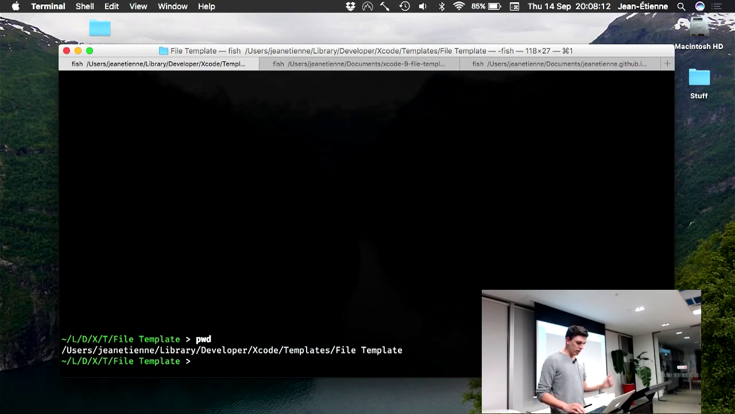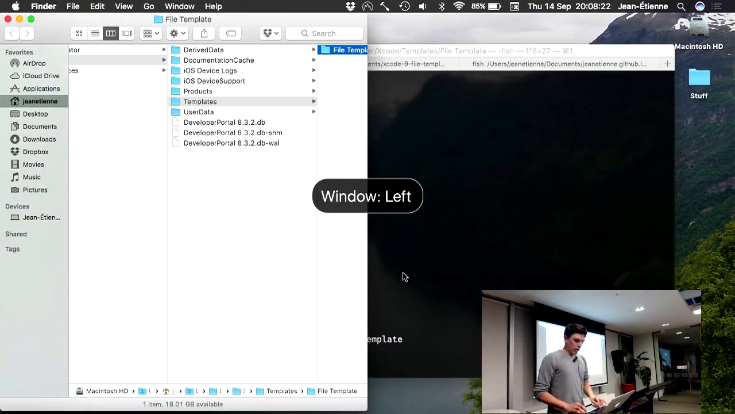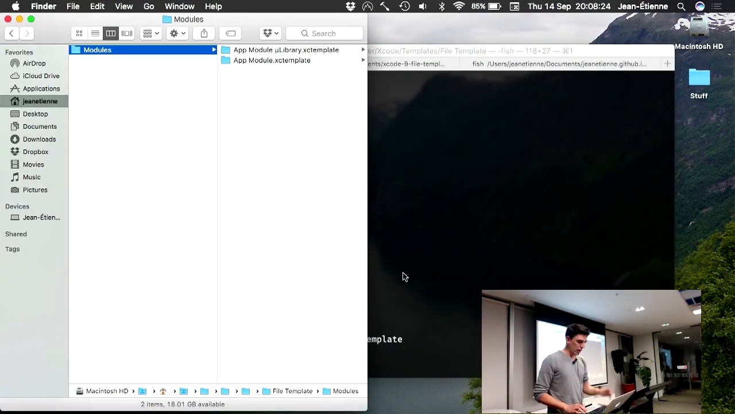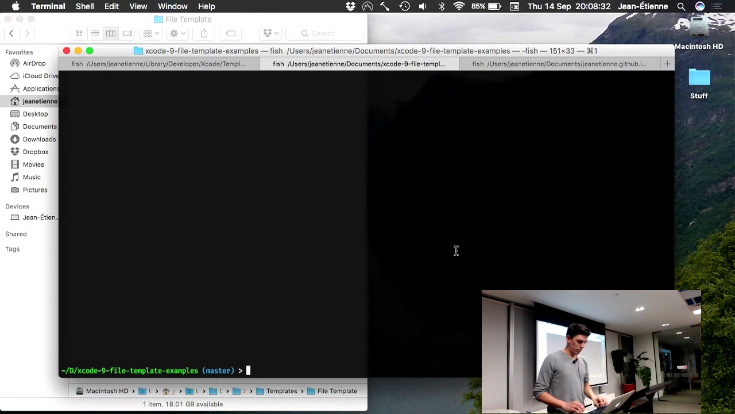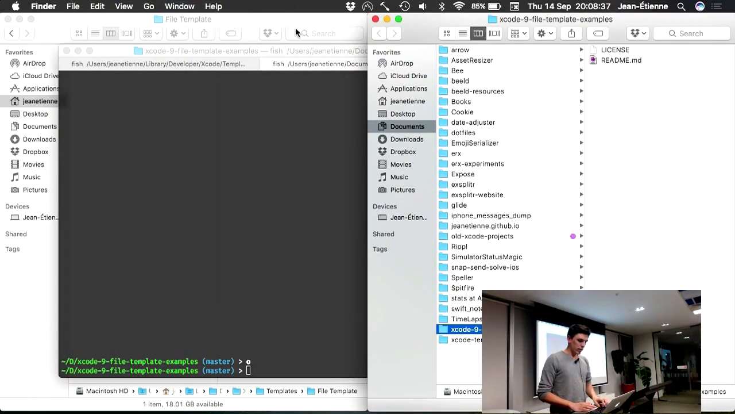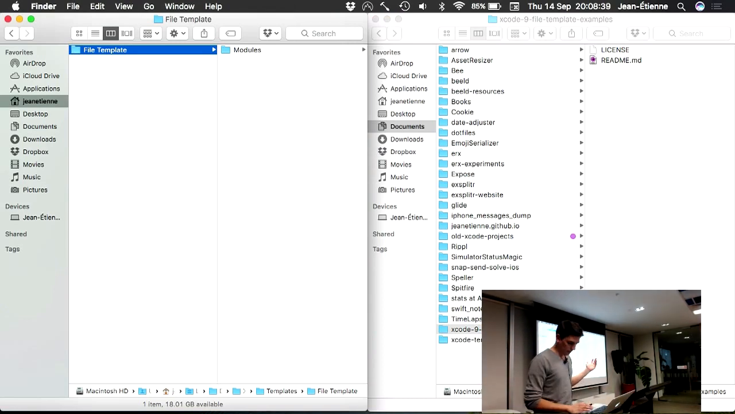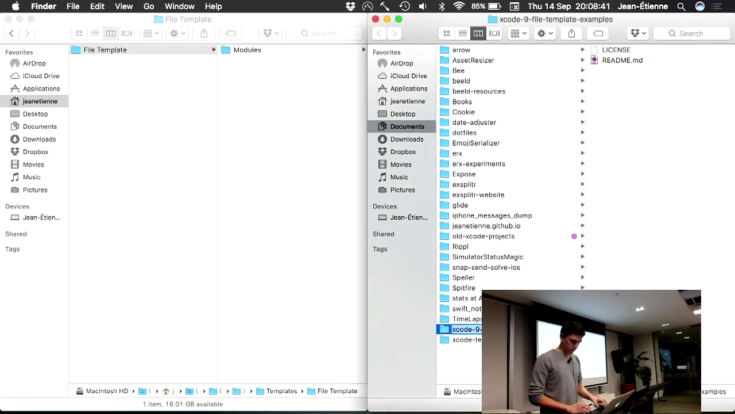So we are here in my local template folder. And now, the O command is something you've set up as an alias? Yeah, that's just my own terminal. And here is the